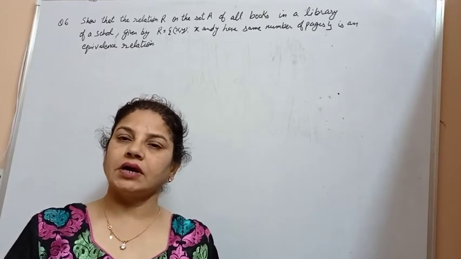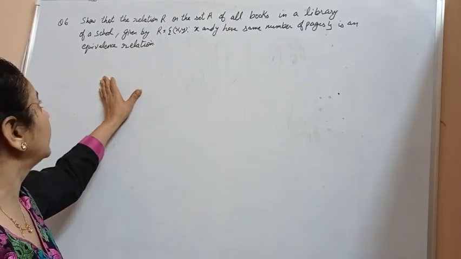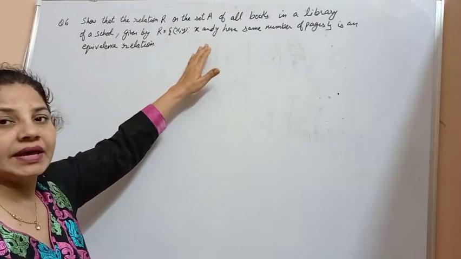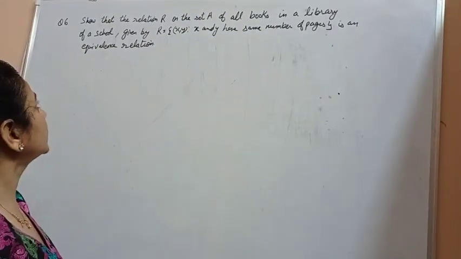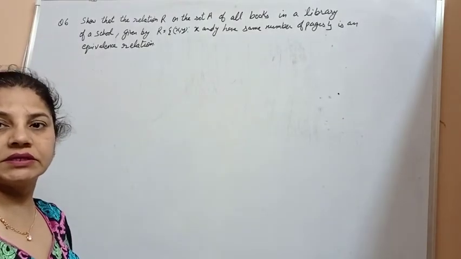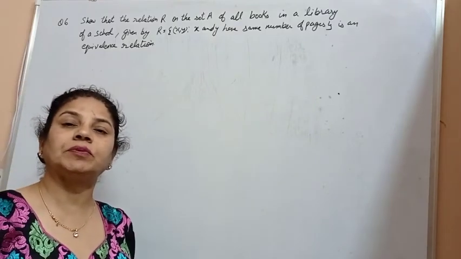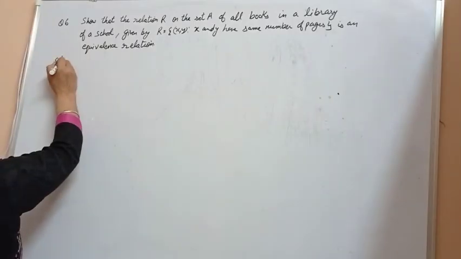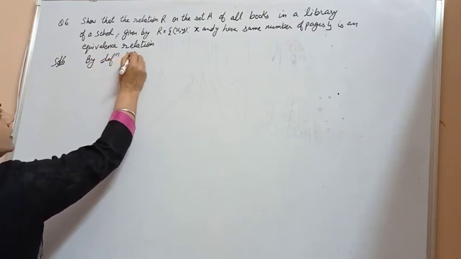Show that the relation R on a set A of all the books in a library of a school, given by R equal to (x, y), where x and y have the same number of pages, is an equivalence relation. We have to prove that this R is an equivalence relation. Now the definition of equivalence relation says that R should be reflexive, symmetric and transitive. So we will write it here as, by definition of equivalence relation,